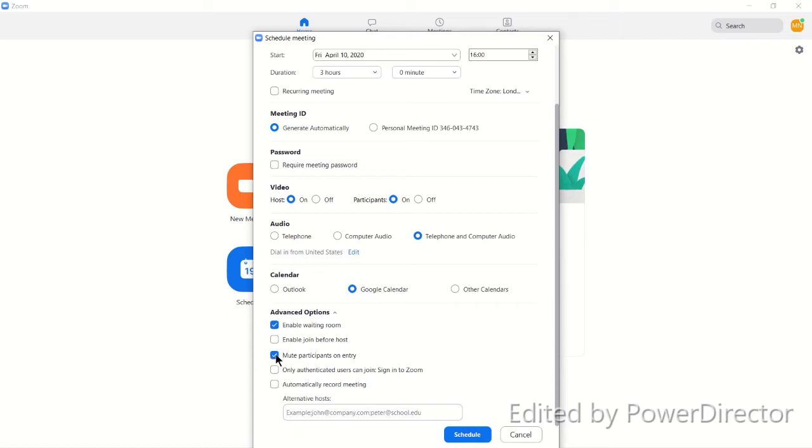Or of course, you can mute participants on entry, unclick that one, and everyone can talk at the same time. And automatically record meeting. Now I'll show you the files on this in a minute, but this is really powerful actually. Your meetings are recorded, and they're recorded in a video file and a separate audio file. So that's really superb. And you can invite alternate hosts as well if you need to, just by popping an